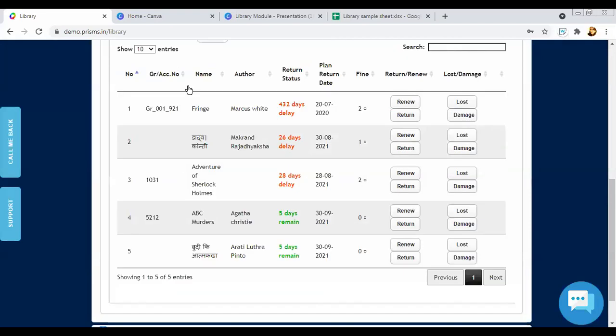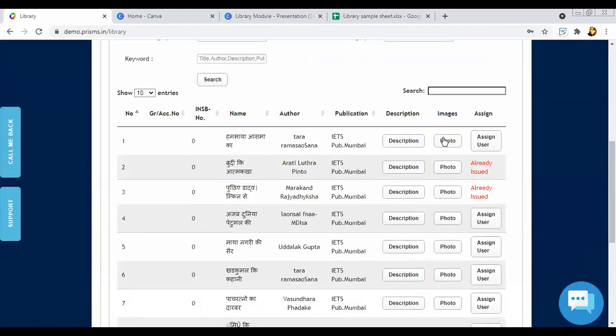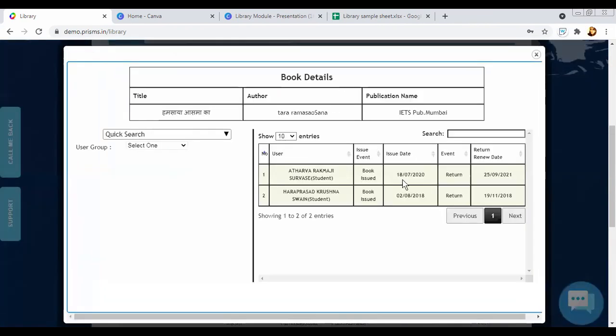The book name was Hamasya. Now, this particular book was once assigned to one child, and the child returned that book. So whenever, before assigning it to another student, you want to see the history, like who had issued it, when it was issued, when it was returned, that will be visible over here.